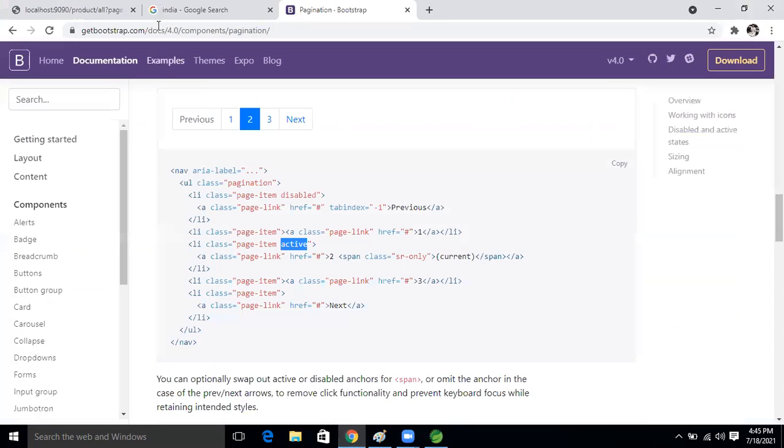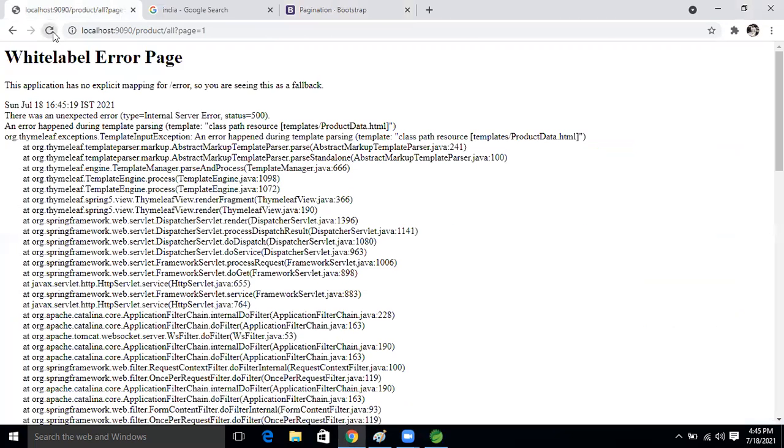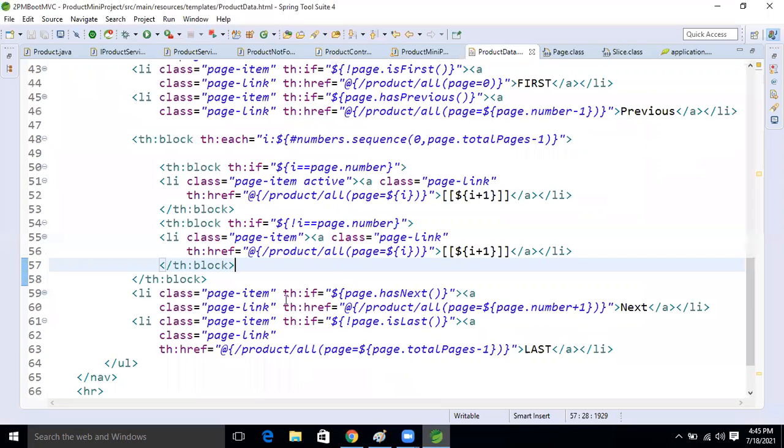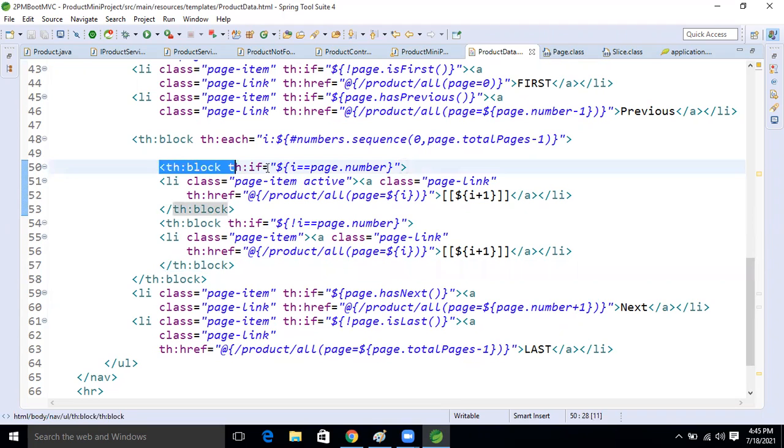Come to our browser now. Oh, some error? No issue, we will resolve it. th:block is correct.